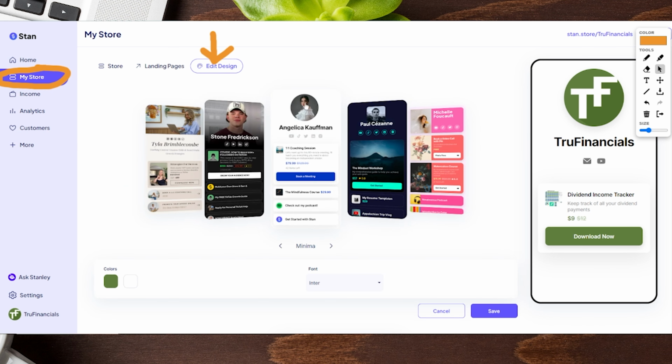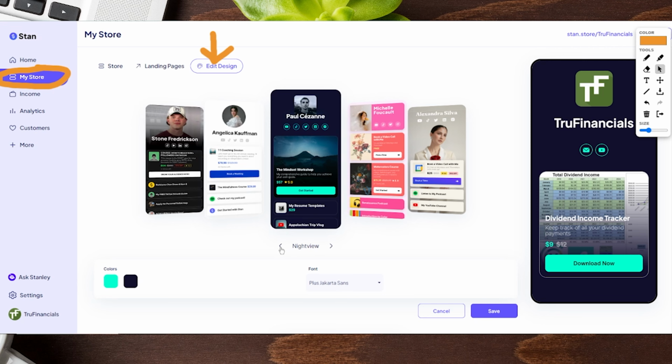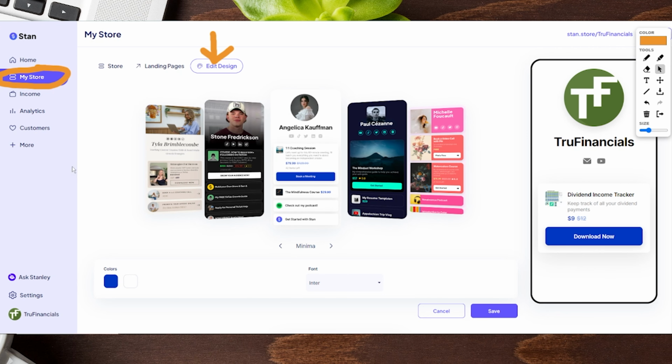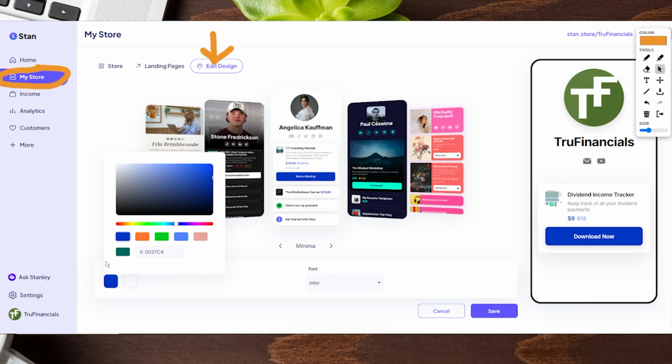And from here, it's going to take you to this new section where you can go ahead and toggle back and forth between multiple different styles of templates. And on the bottom left here, you're going to see where it says colors, and sometimes there's multiple colors, such as this one here. And you can see it gives you a set of colors, or you can go through and highlight between all the different ones, or you can go ahead and put in your code like we have